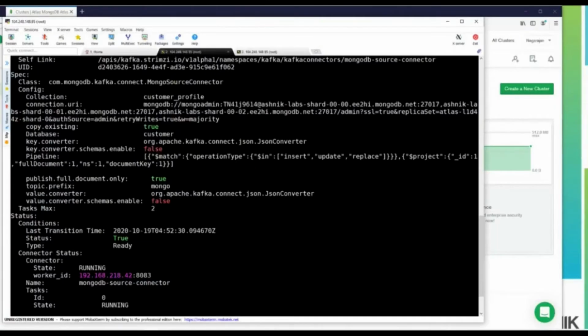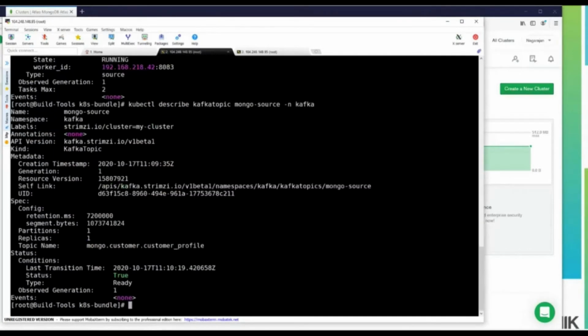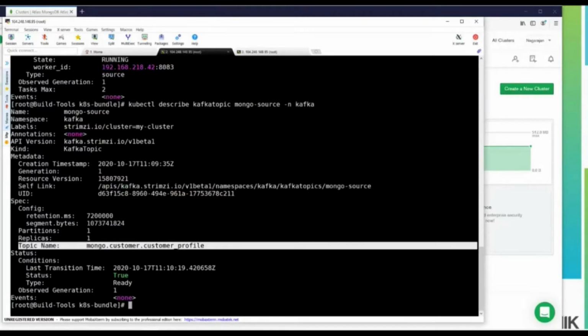The database I am using here is customer, and the collection for this source is customer profile. We are using the topic prefix Mongo. Our topic name would be Mongo dot database customer dot collection name. Let me quickly describe and show you the complete topic name. So this would be our topic name.